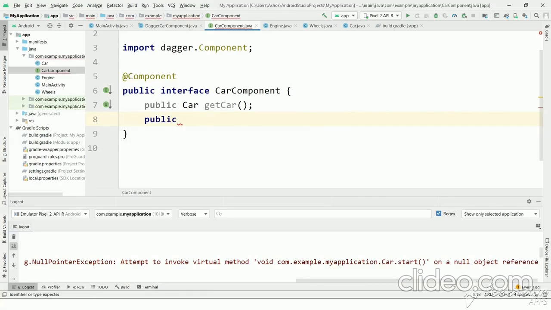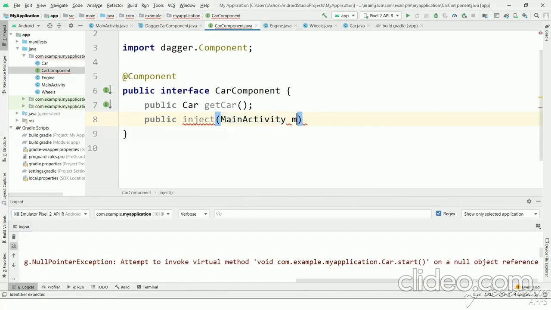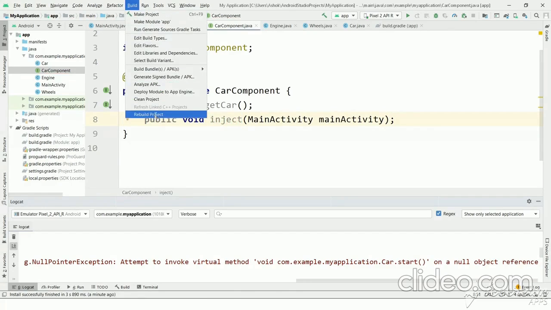public inject, and argument as main activity. Let's build it.